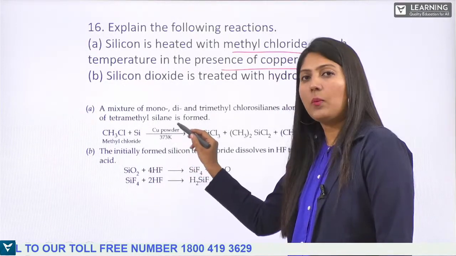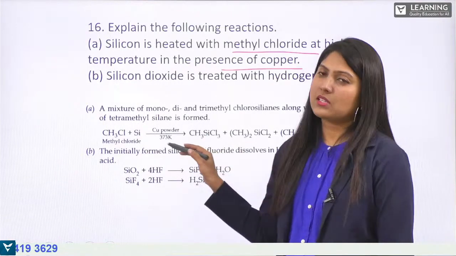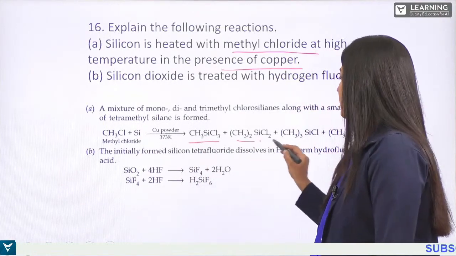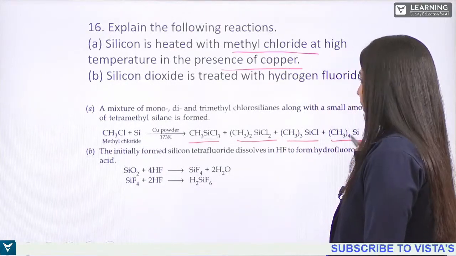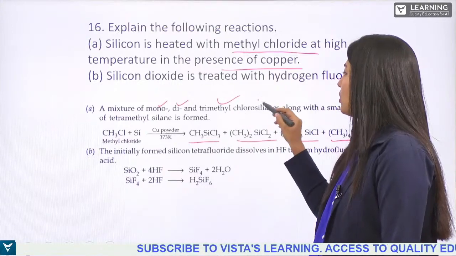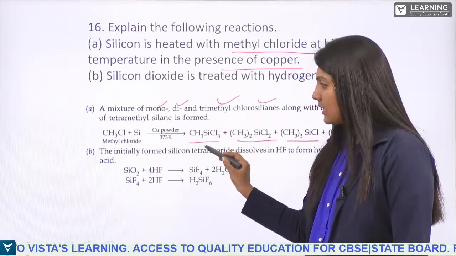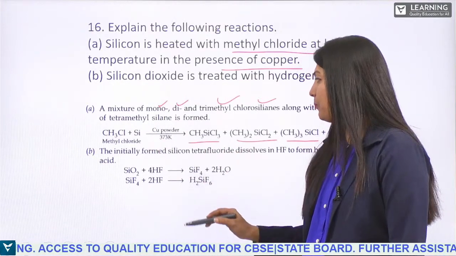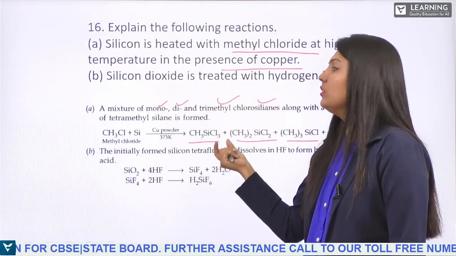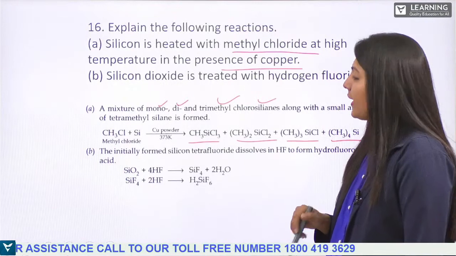In presence of copper powder, that is the catalyst, and at higher temperature around 373 Kelvin, we get this equation where mono, di, trimethyl chlorosilanes are formed. So here you can see one silicon is added, Cl3 is added with that one, mono, di, tri,